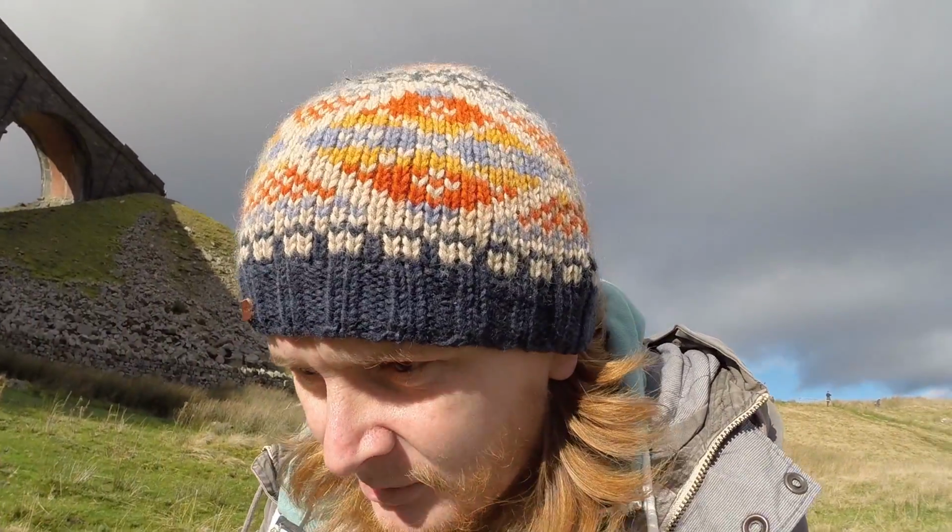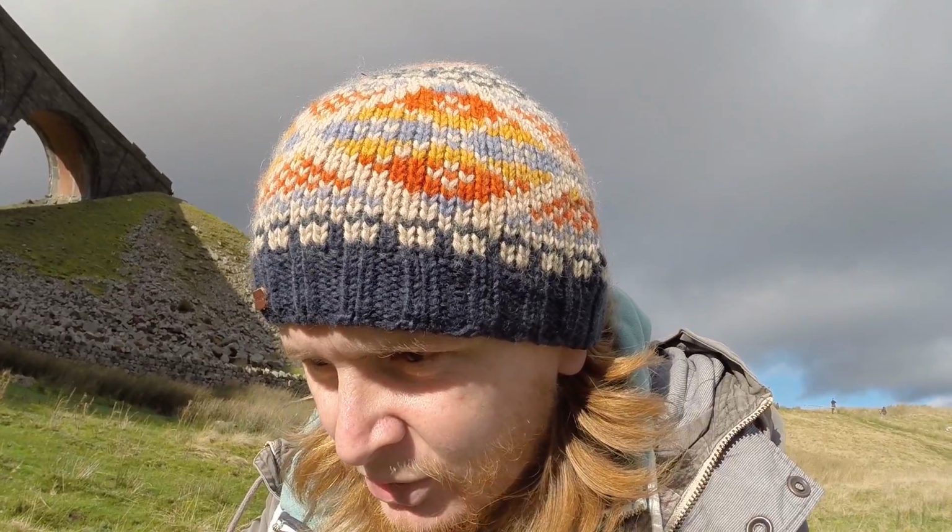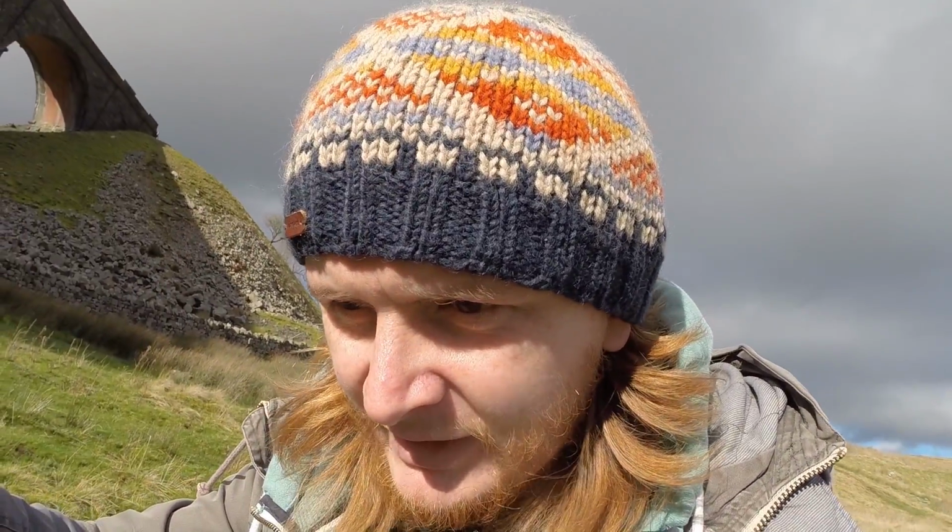I think I've left it a bit too late. The sun's too high in the sky to get it through one of the arches whilst getting quite a bit of the viaduct in. I'm going to take another one because the sun is moving. I've got some nice greenery, some shrubbery, some long grass in the foreground, and I've just got the viaduct. You can't see a lot of it because it disappears behind the greenery on the left. But I've got quite a bit of it on the right, leading from the top right hand corner down. Nice blue sky, few clouds dotted around, and this starburst